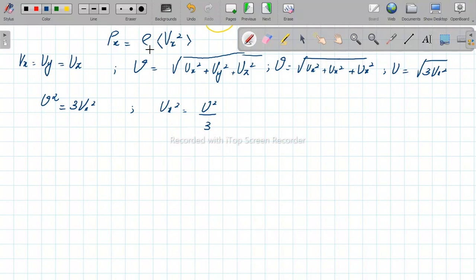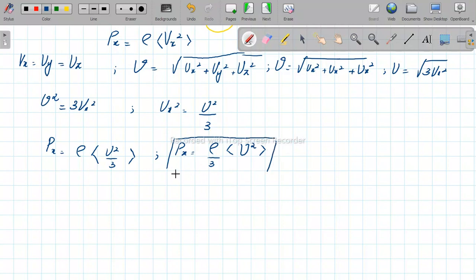Now just putting this equation in the expression for Px, we can write Px equals density, and then we have V square over 3 right here. And this 1 over 3 is just a number. Taking it out of this expression, this becomes density over 3 times the average value of velocity square. This is the expression